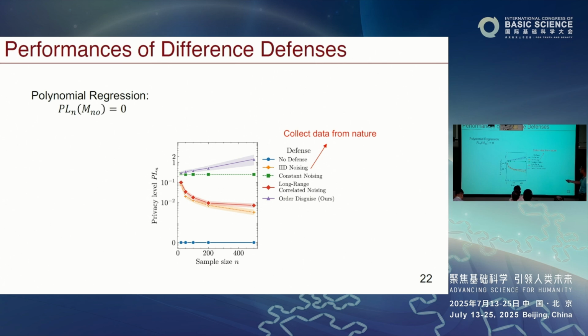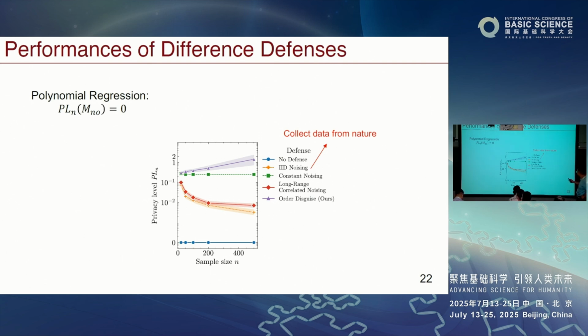It has improved. But if you add constant noising, then it stays the same, because that bias the attacker cannot figure out, right? Because that's for everybody, okay? Unless he has his own data, which is another related problem.